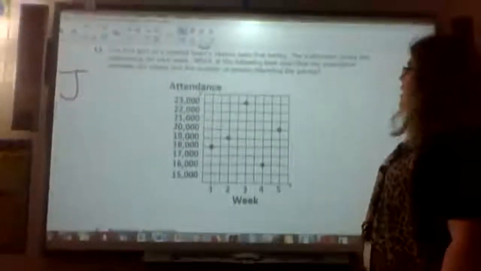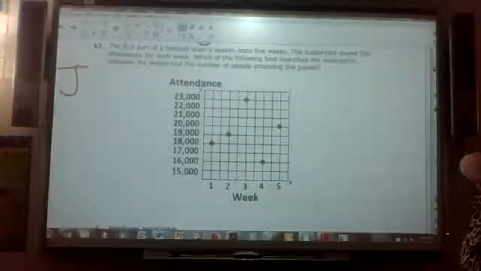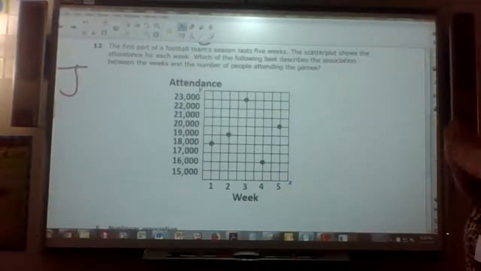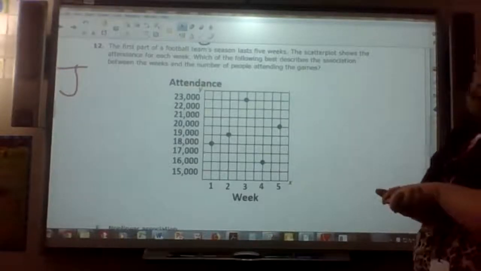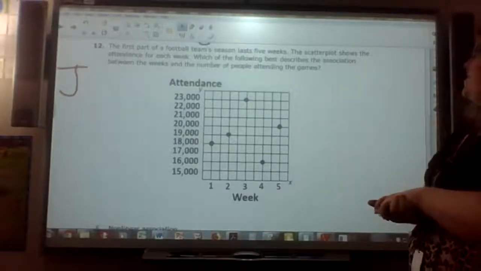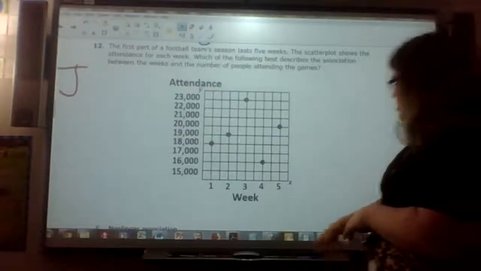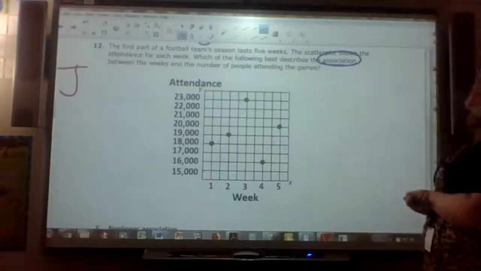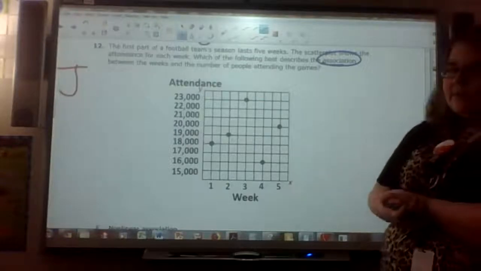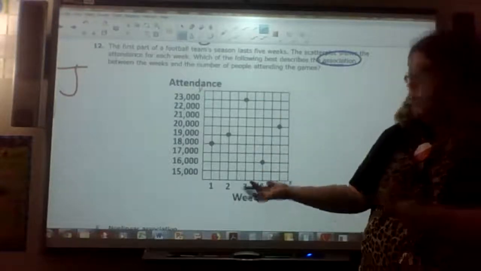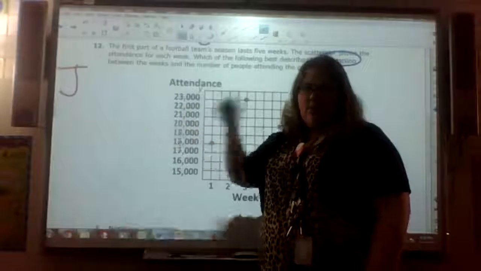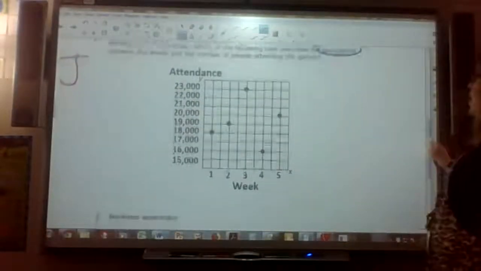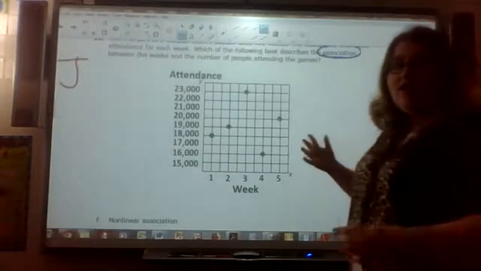Okay, so number 12 says the first part of a football team's season's last 5 weeks. The scatter plot shows the attendance for each week. Which of the following best describes the association? So we're talking about association between the weeks and the number of people attending the games. So if you did this on your own, the correct answer was J. So if you did it, awesome. If you didn't do it and you didn't know what to do,